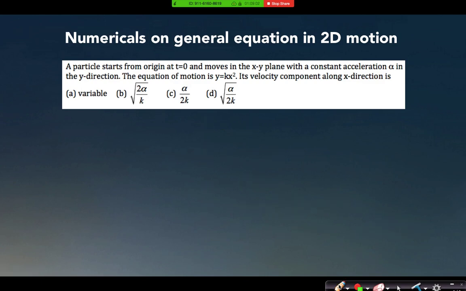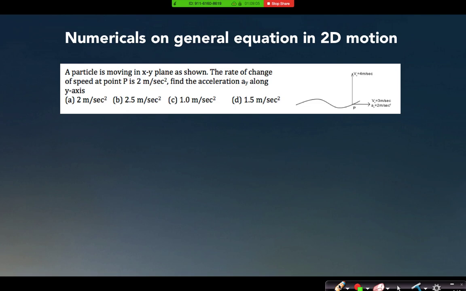So let's move to the next question. Can you solve this one? The same equation I will use now. Mod v square is equal to mod vx square plus mod vy square. Look, the beauty of this equation is that this equation purely talks about magnitude, right? No direction, nothing is specified in this equation. So I can simply differentiate this equation without any worry.